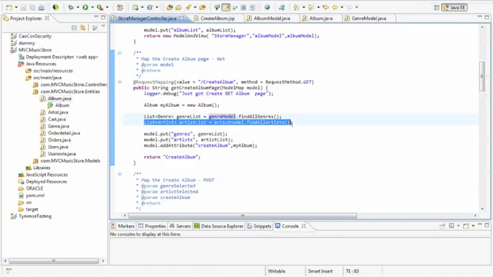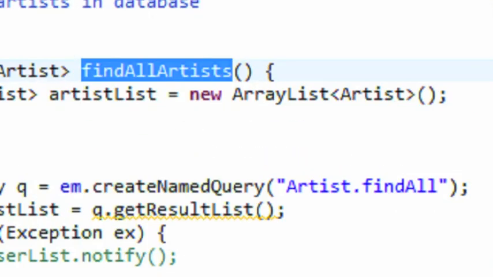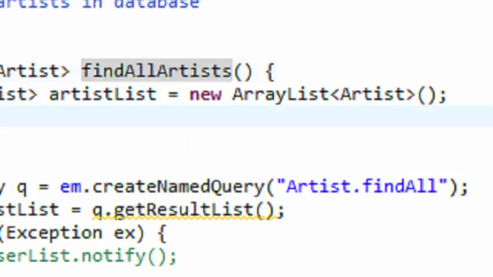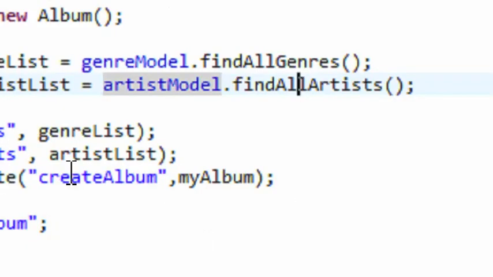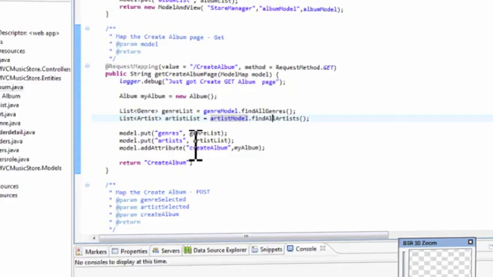And the same for the artist list, find all the artists and put into artist list, and inside the artist model, this one will return a list of all the artists inside the database, and put it back and put the, sorry, I don't